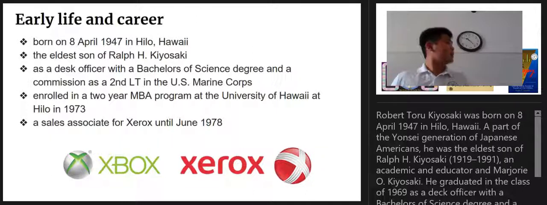For his early life and career, Robert was born on 8 April 1947 in Hilo, Hawaii, a part of the Yonsei generation of Japanese Americans. He was the eldest son of Ralph H. Kiyosaki, an academic and educator, and Marjorie O. Kiyosaki. He graduated in the class of 1969 as a deck officer with a Bachelor of Science